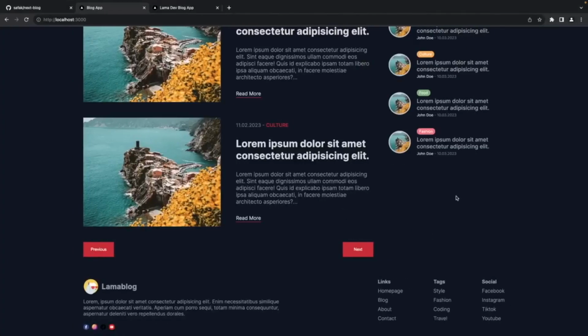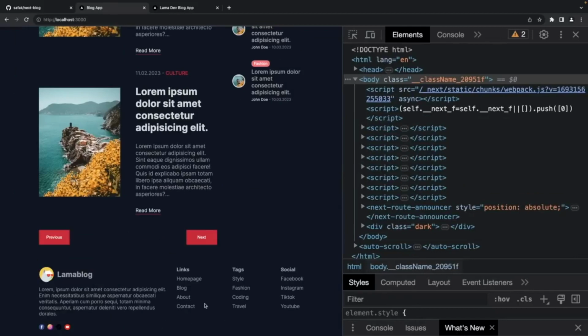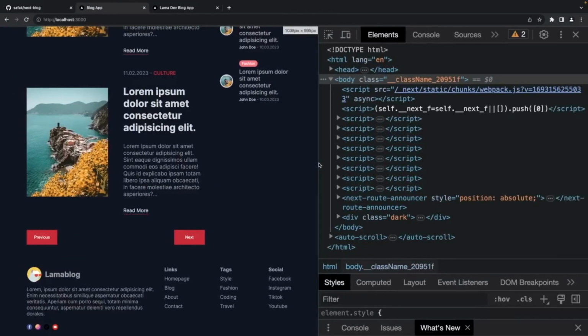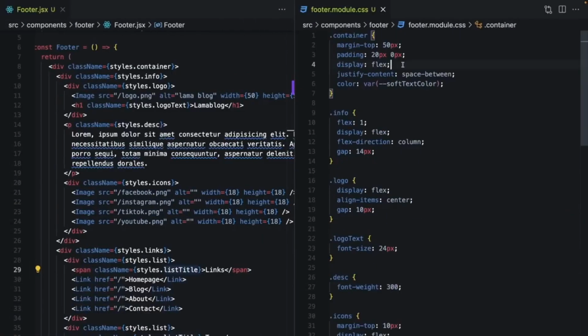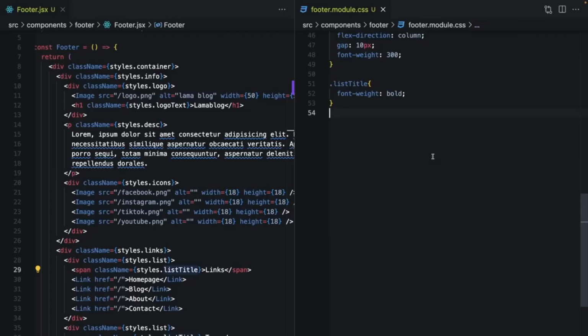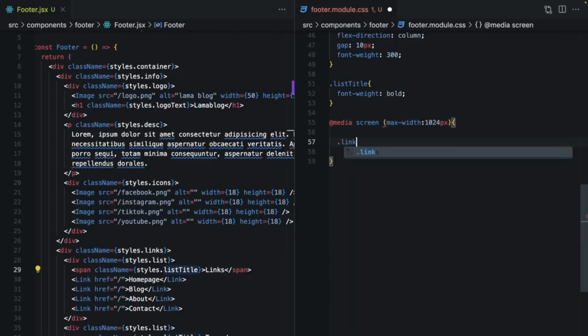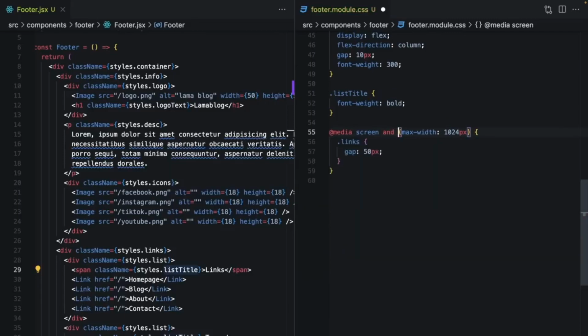Perfect. And again, I forgot responsive design for this part. Let's take care of this footer first, and after we can take care of here. We are just gonna remove this menu, and I will say if it's smaller than 1024, I'm gonna decrease this space. By the way, they are not vertically centered. Display flex, align item center. And let's create our media query. 1024. And for links, gap will be, let's say, 50. Oops, I forgot writing and